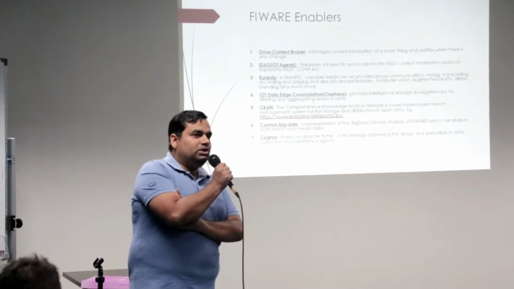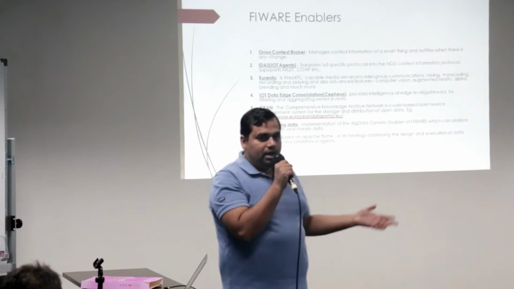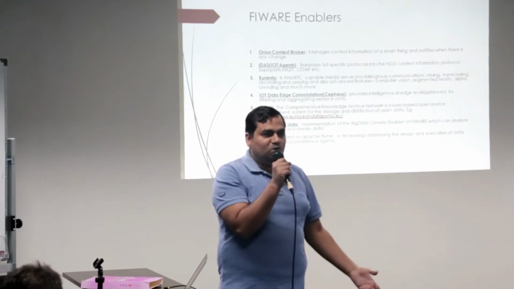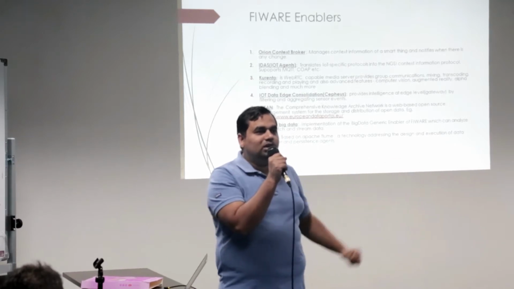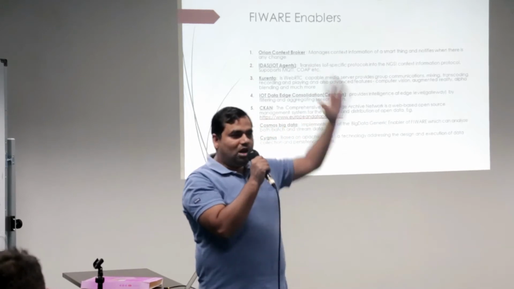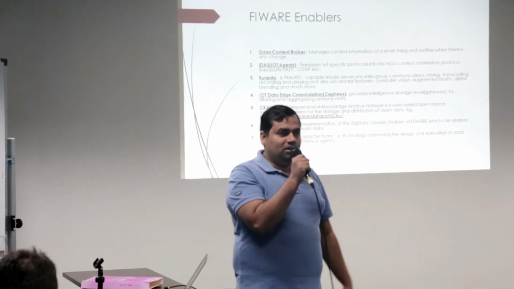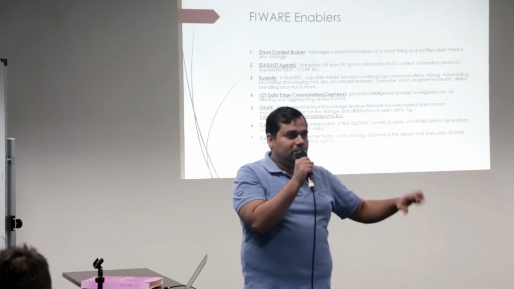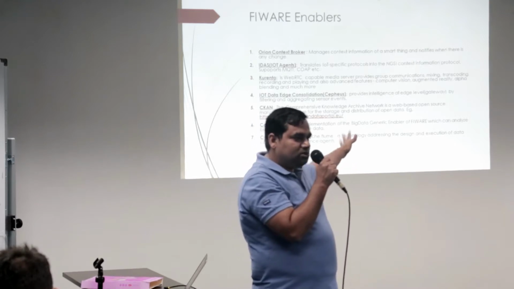Okay, sometimes you need edge level intelligence. Let's say you're making a smart agriculture project. In a smart agriculture project, what do you want? You want the irrigation to be done automatically. You want the fertigation to be done automatically. For that, you don't need to go to the cloud. You don't have to report to the cloud and wait for the cloud to take action. What you need is edge level computing. Your system which is deployed on the field should be able to take immediate action. So you can have that edge level intelligence using the CPS enabler.